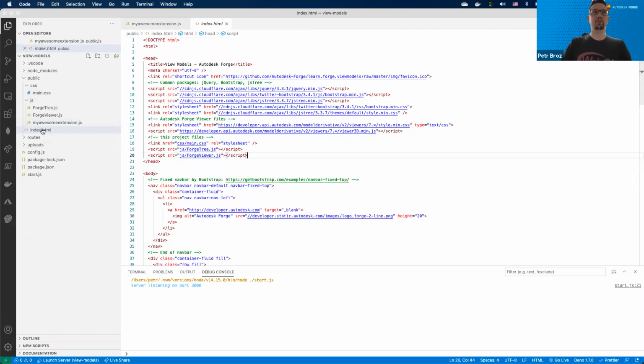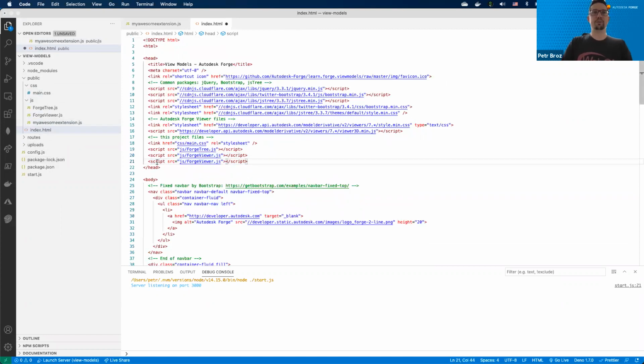So I'm going to head over to the index.html. I'm going to add one more script tag to the head tag, pointing to the My Awesome Extension JS, and again, it's coming from the JS subfolder. This will depend on your application itself. If you have your own way of storing client-side JavaScript and loading it into your app, feel free to use that. Just make sure that